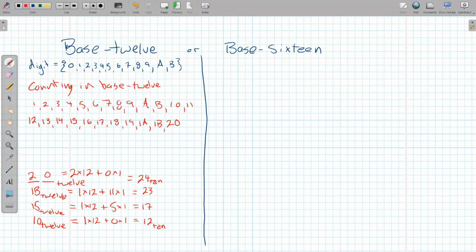We're going to pause there on base 12 for a minute. I'm going to jump to base 16, just because base 16 is a little bit more meaningful, and I'll show you why in a sec. So base 16 means I have to group by 16, and I need 16 digits. So the digits, kind of like base 12,